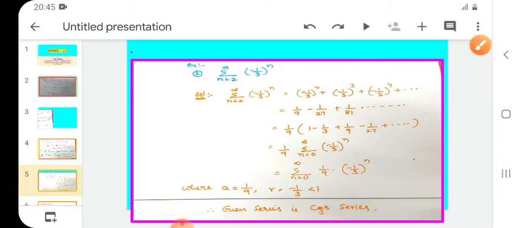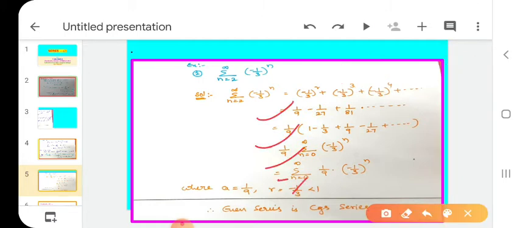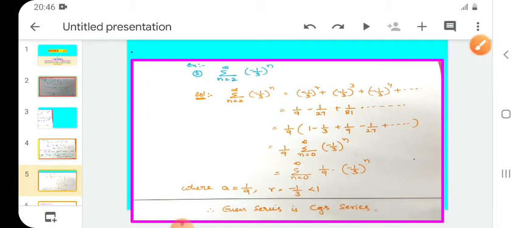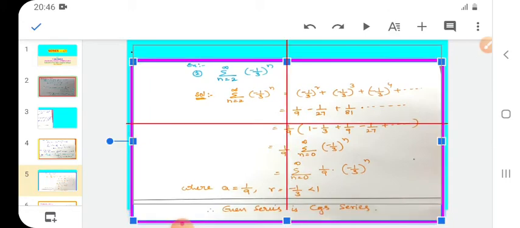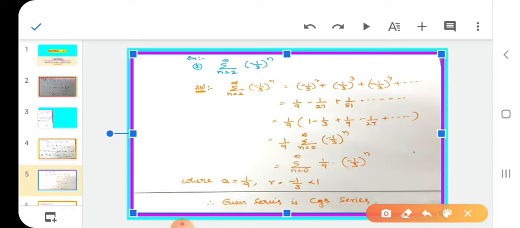But why do I do all these steps here? Tell me, what is the difference between the previous sum and this sum? If you compare with a geometric series, the value of n in the summation should be from 0 to infinity. But here the value of n starts from 2 to infinity, not 0 to infinity. So this is not a geometric series.